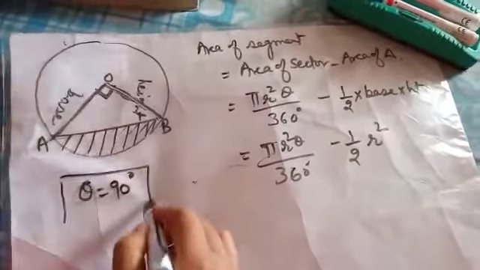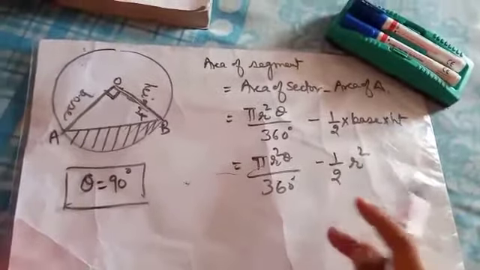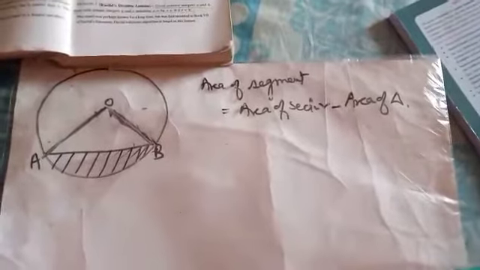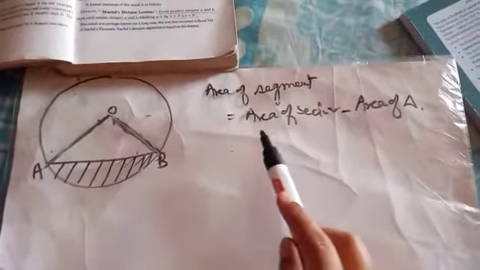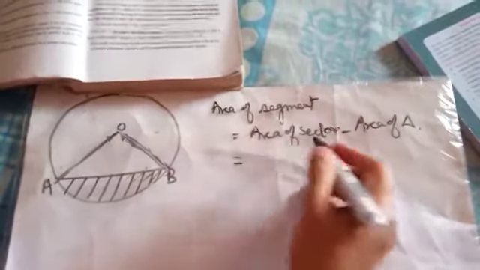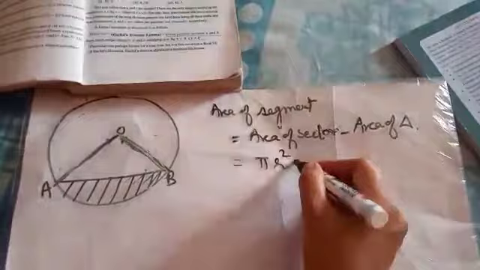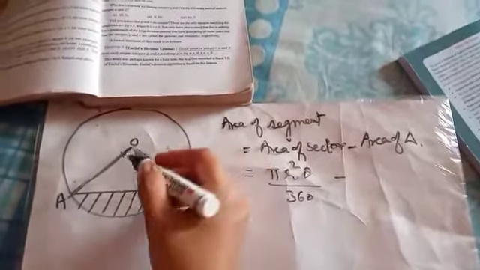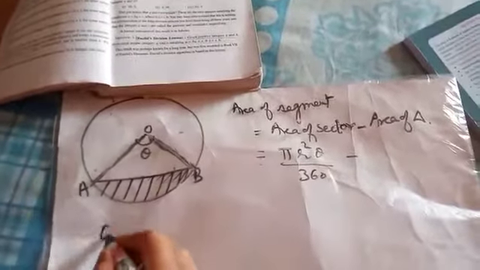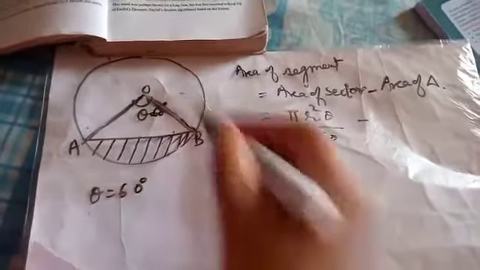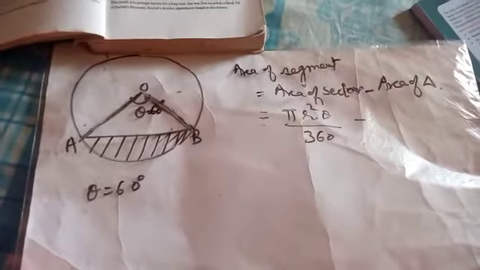So in that case, how will we specifically find out? That I have made you understand. Now see this figure. In this, the area of segment is equal to area of sector minus area of triangle. The basic formula remains the same, and I know the area of sector is pi r square theta by 360. Now what is the area of triangle? That depends on the type of triangle. Now suppose if theta is equal to 60 degree, then I claim that this triangle is equilateral triangle. Can you all prove that if theta is equal to 60, then this triangle is equilateral triangle? Let us try this.